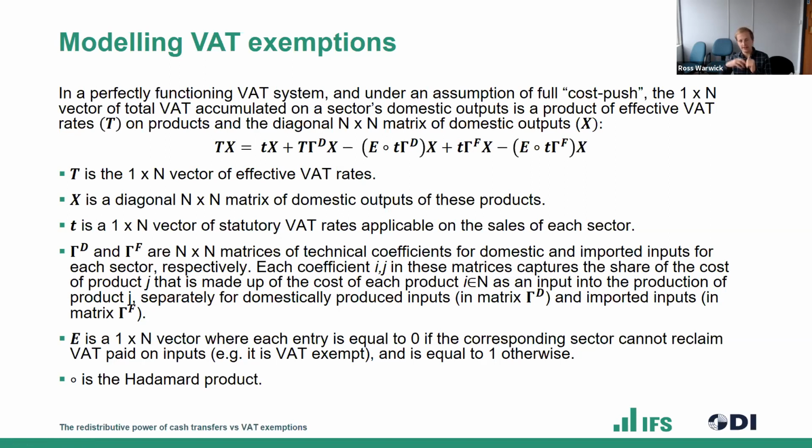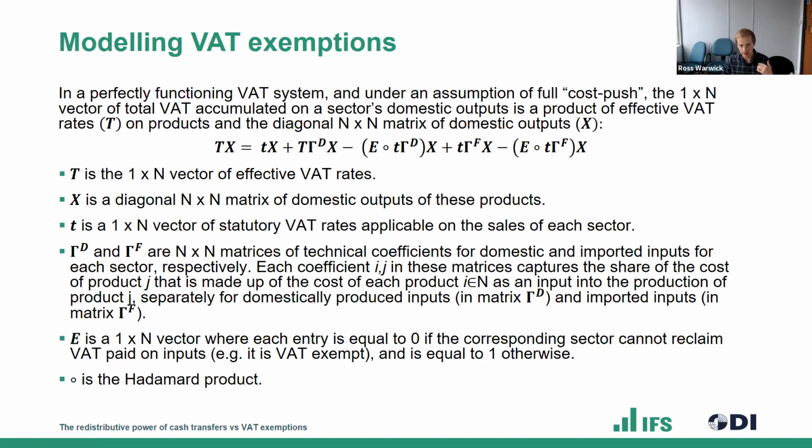So each sector pays the effective VAT rate on its domestic inputs, and then this term is allowing for the reclaim of the statutory VAT on a sector's inputs if that sector is not exempt. So this vector E turns on this reclaim function. And then gamma F is the matrix of imported inputs. On imported inputs, producers only pay the statutory VAT rate because there's no embedded VAT on those imported inputs. And again, if they're not exempt, they can reclaim that statutory VAT paid on their foreign inputs. So that's what we write down initially to characterize the total VAT accumulated on each